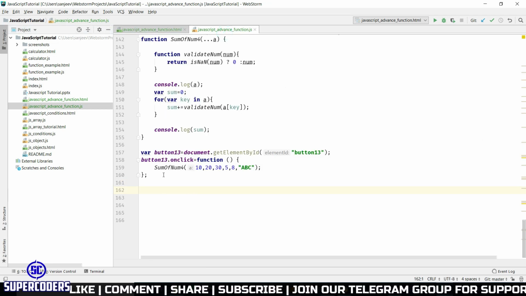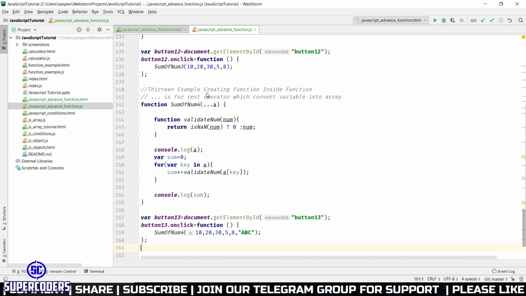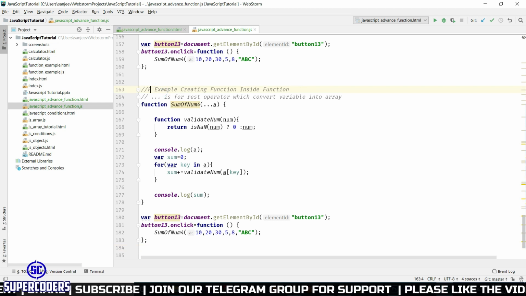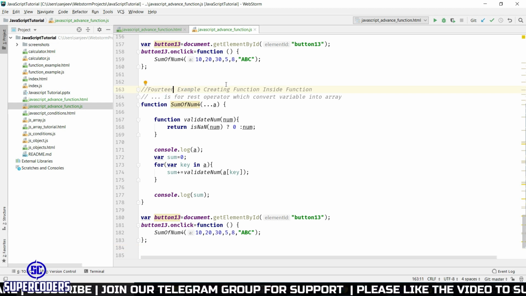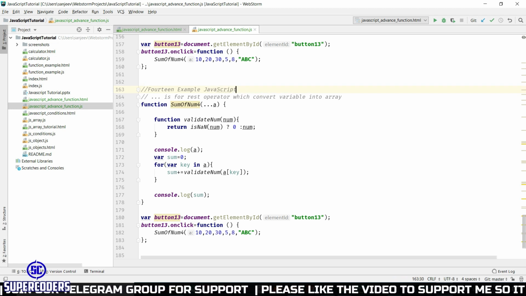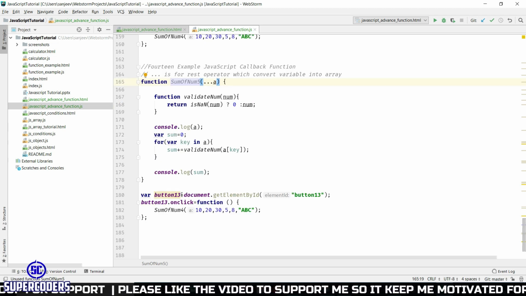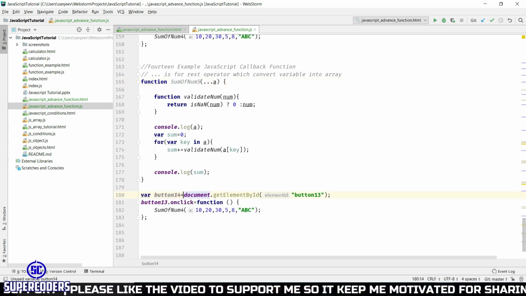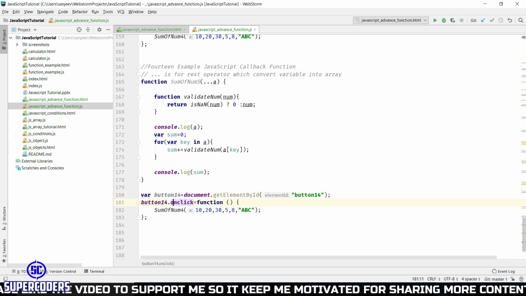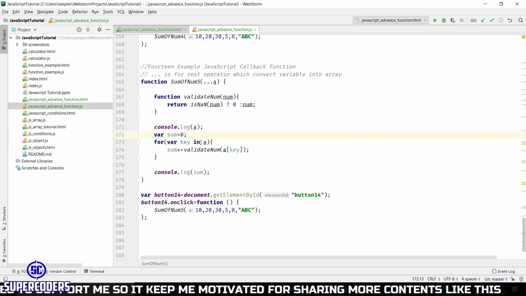So again copy all this example, JavaScript callback function, change this to 5 and change this to 14, change this to 14, also this to 14, 5. For now I just copy and paste the above code.